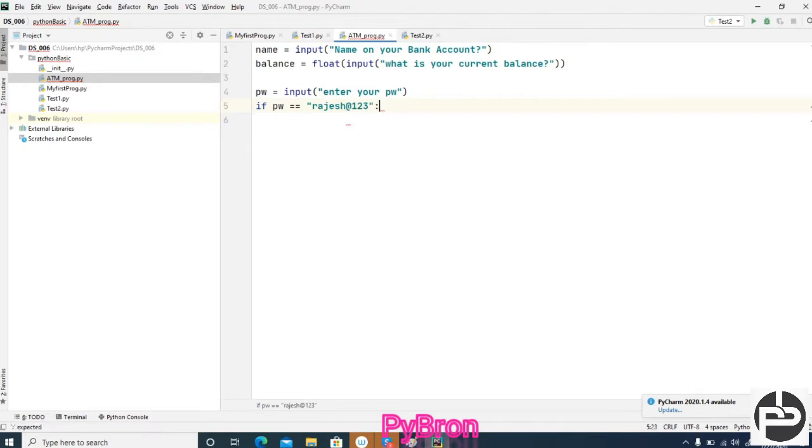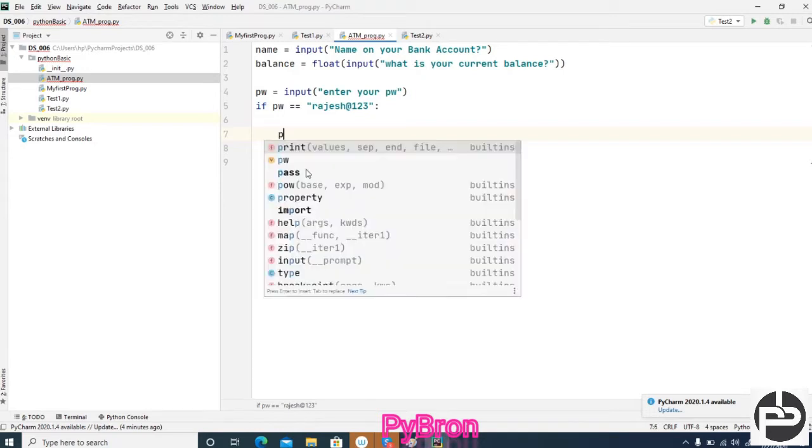If the password equals that, then we have to show some options: you want to withdraw the money, you want to check the balance, you want to deposit, or quit. For all those things, what are we supposed to do? If the password matches, then we can print